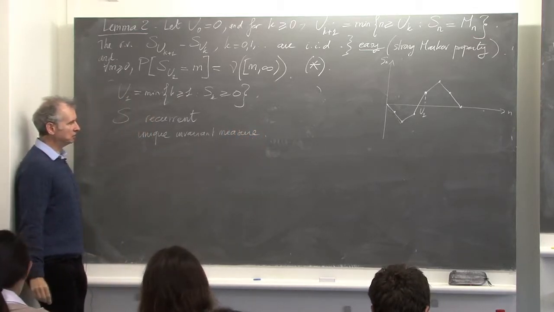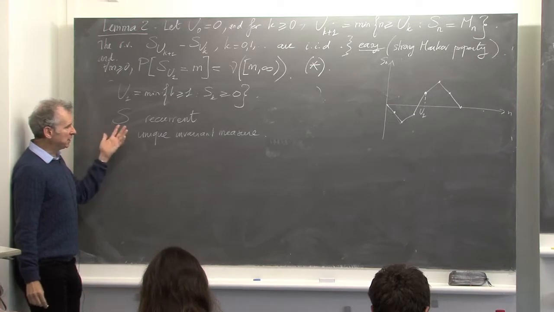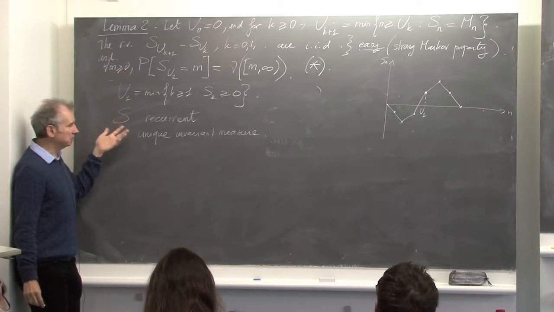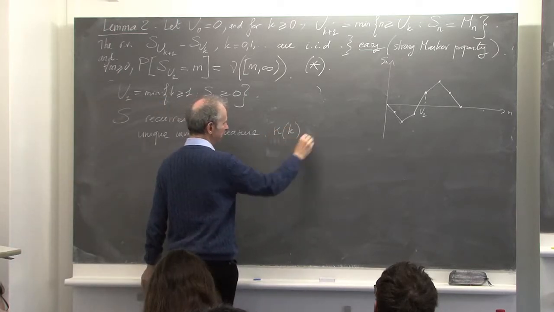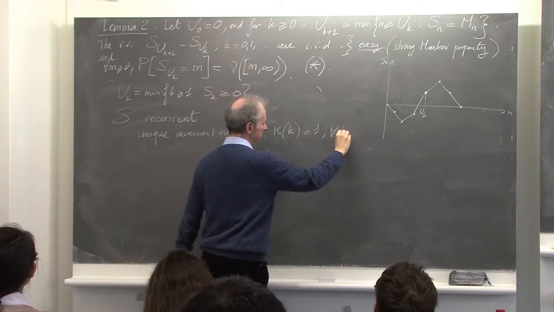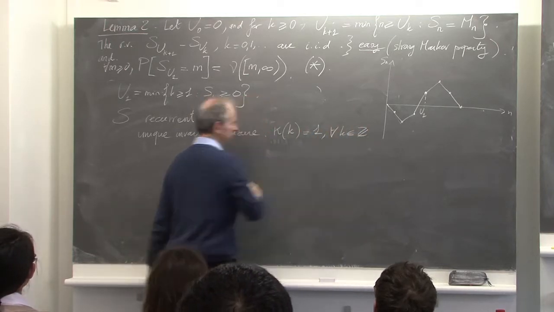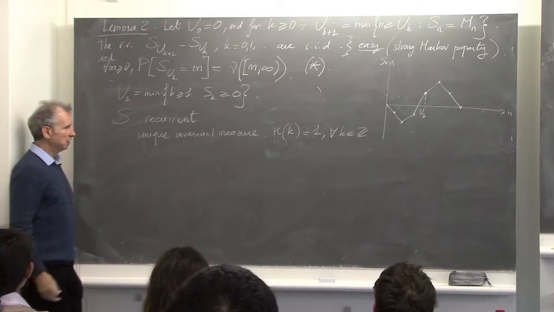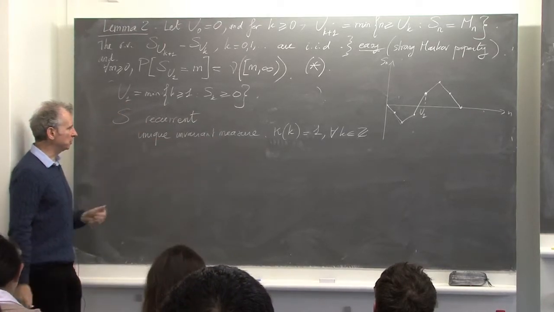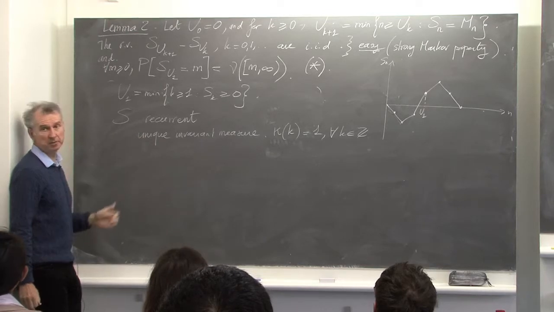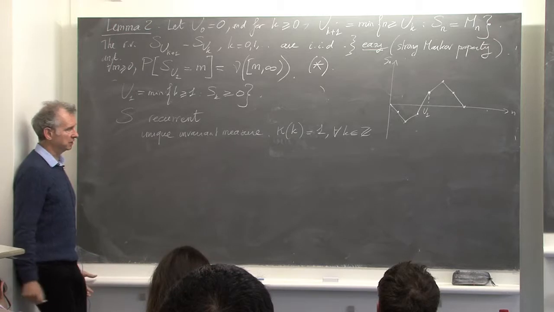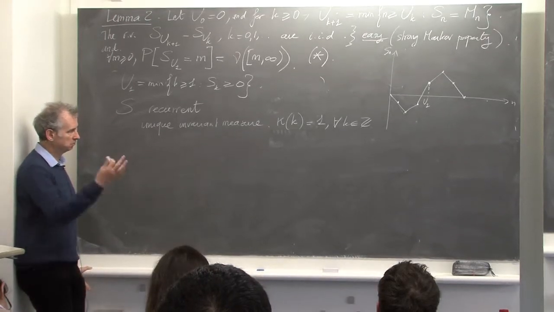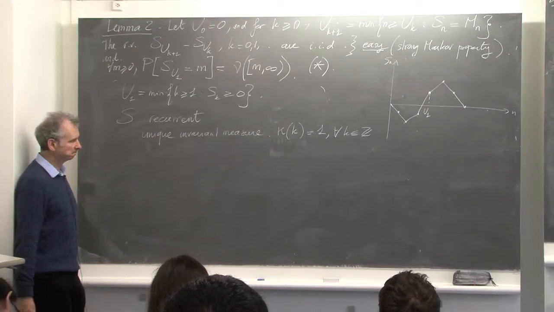And of course, for a random walk it's always true that the counting measure, if you want, kappa of k equals 1 for any k belonging to Z, is invariant. So this is a counting measure. It's always invariant for random walk, but here in addition it's the unique invariant measure because of recurrence. If you have a transient random walk on Z, you can have other invariant measures. Okay, so this is Markov chain theory.